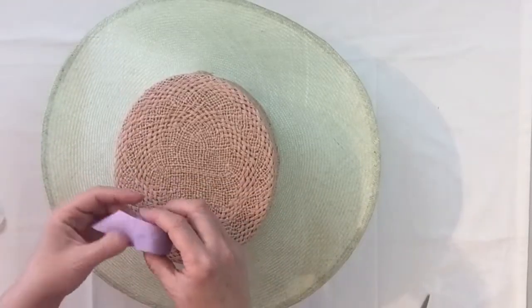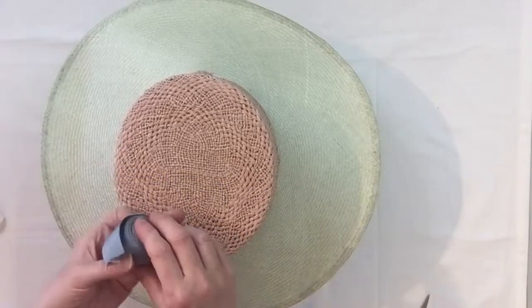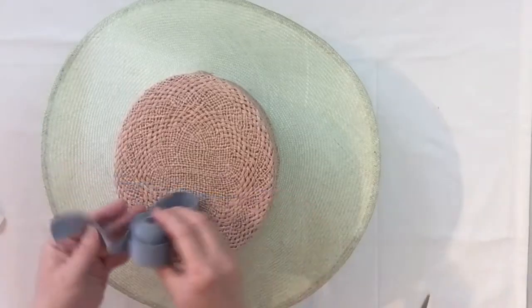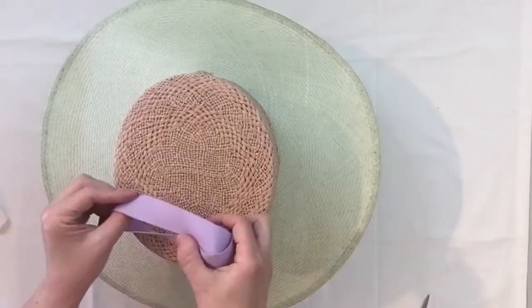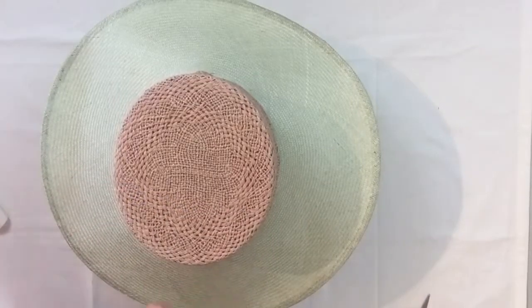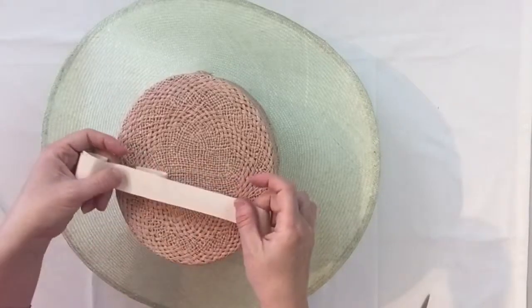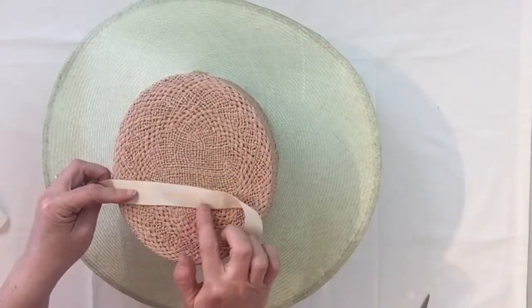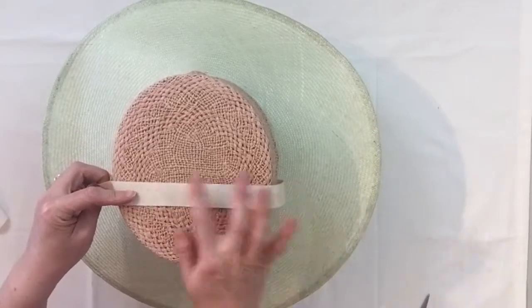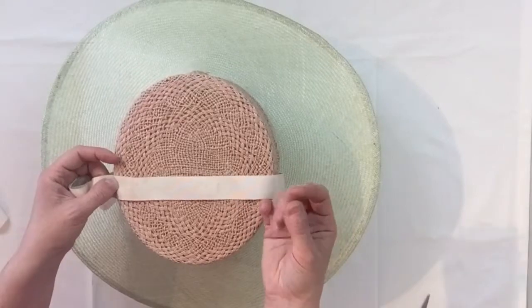Then we've got the purpley lilac-y colour, and a lovely sky grey. That'd be nice on that, probably not work with that. That one, maybe if you wanted to change the colour, or a thinner cream, so that could be nice. That's got a bit of a pinky tone to it, and it looks quite bright on here, but in real life that is a little bit of a brown in there and a bit of pink in there,